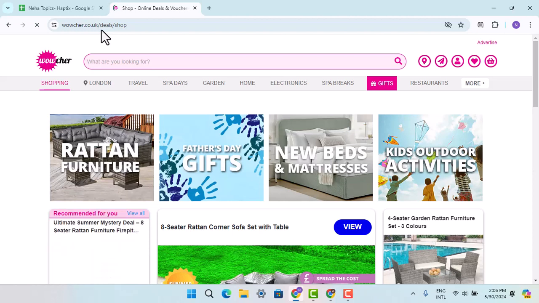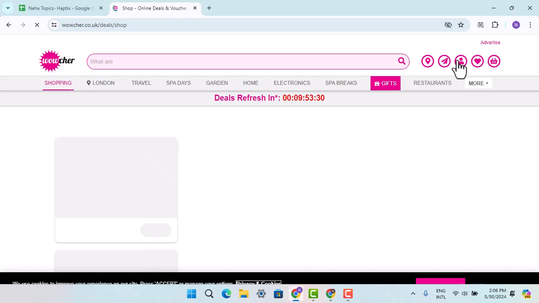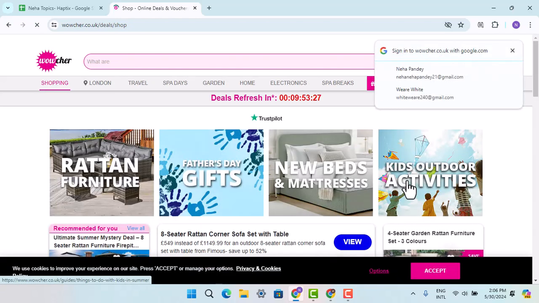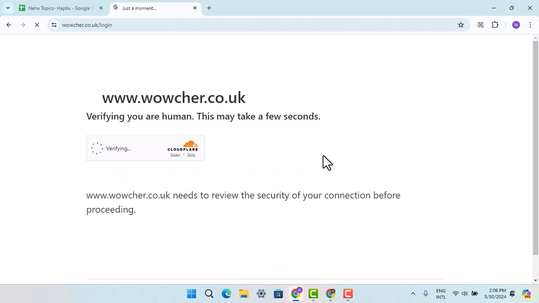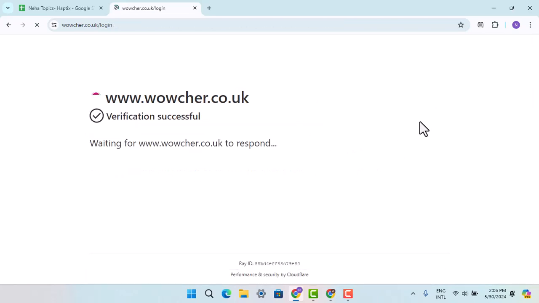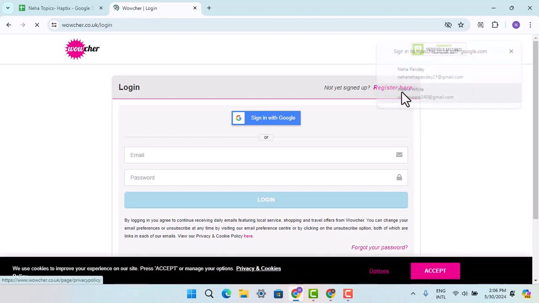So in order to register or create an account, click on the profile icon from the top right hand side. That is going to take you to this field, which is going to look something like this. So here you need to go ahead and make sure to verify that you're human. Just go ahead and fill out the CAPTCHA, and to register, go ahead and click on